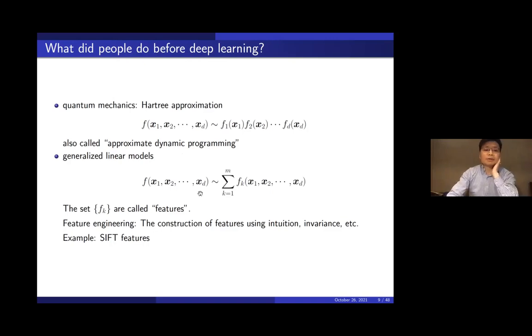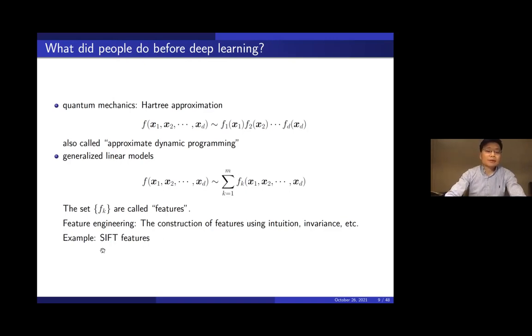In statistics, people talk about generalized linear models. So approximate these functions by, well, I should have put the coefficient here, alpha k, times f k, and these f k's are some pre-chosen functions. Naturally, these f k's, some sort of basis functions, should be chosen very, very carefully. In AI, these functions are called features. So choosing these features becomes very much an art. The construction of these features relies on intuition and experience, etc.